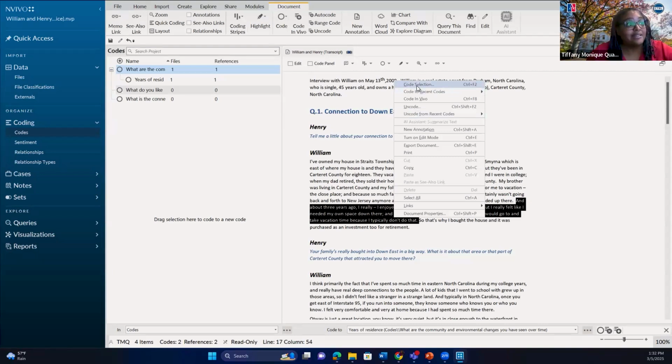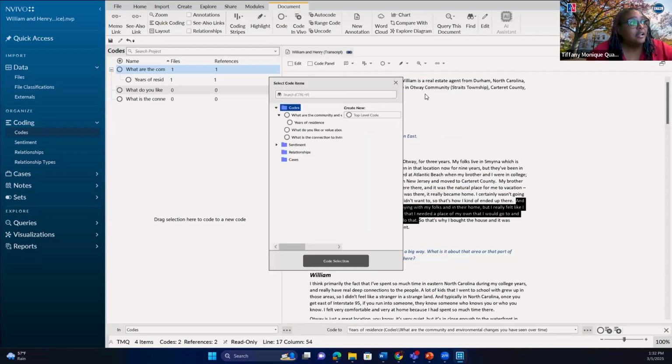Code selection, and then I'm going to click on the second research question, which is what do you like or value about living down east? I'll click on that, and then you see up here where it says create new child code. I'm going to click create new child code, and then I'm going to type in